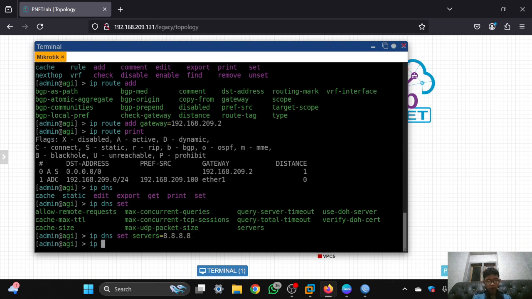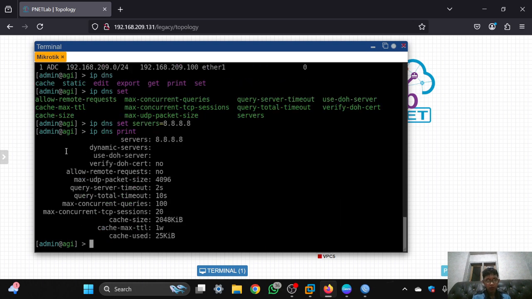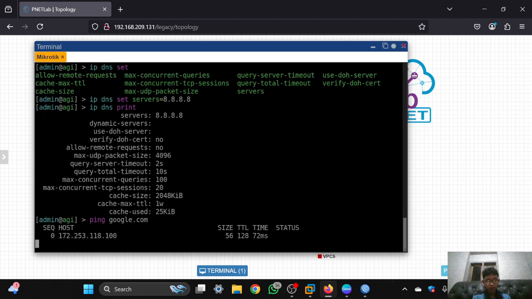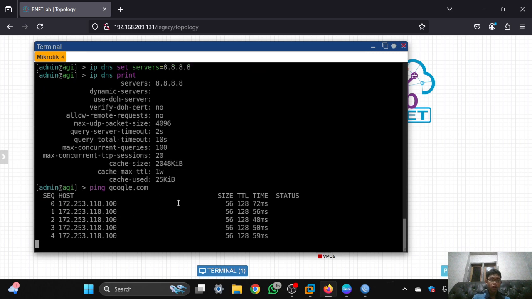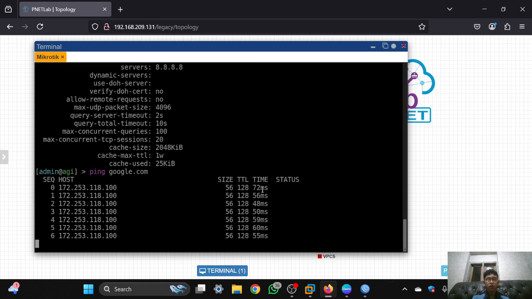And you can check it with IP DNS print. The server is 8.8.8.8. These are the IPs of Google. Now you can check the internet connection with ping google.com. It will look like this. That means it's connected to the internet.